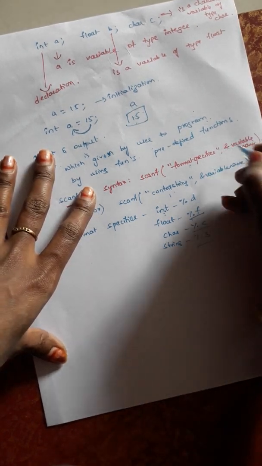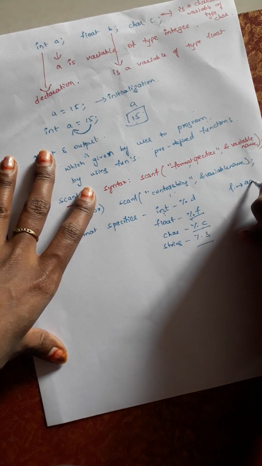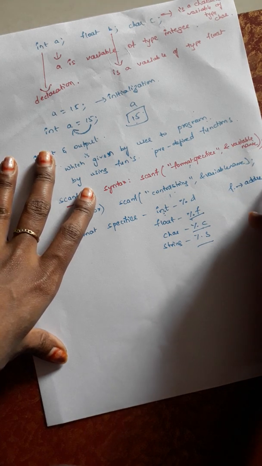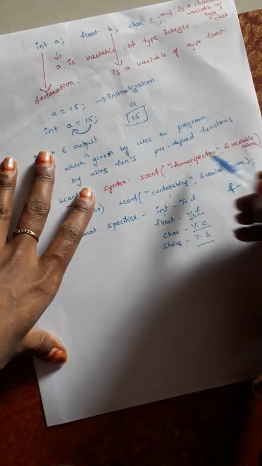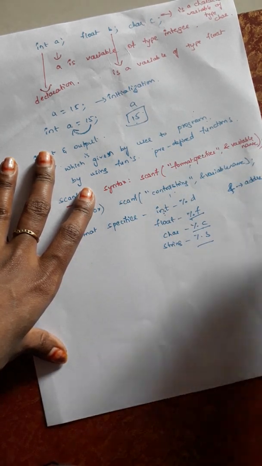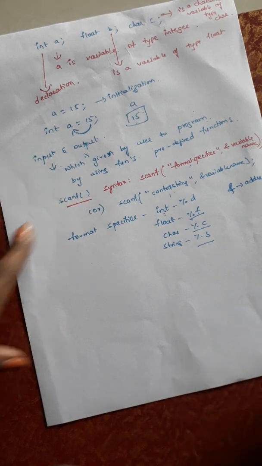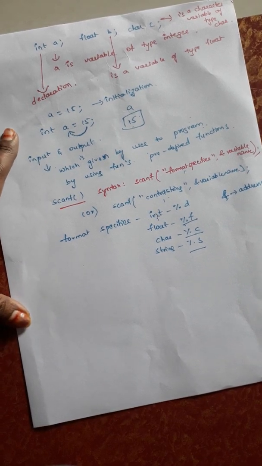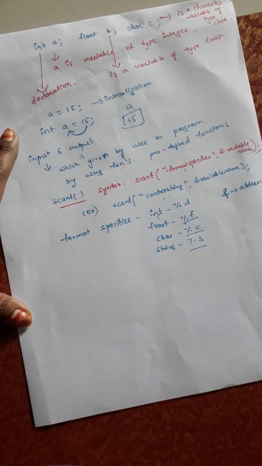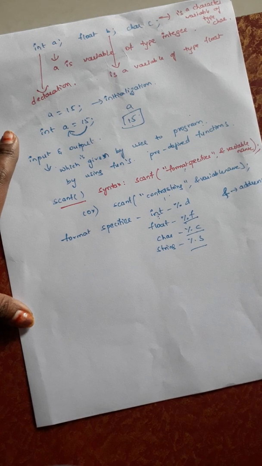And next, the ampersand symbol. This is the address of. What is this? Address of, so where it is located. Without the address we cannot give the value. It does not assign the value. For example, to deliver an SMS, can we deliver a message without a mobile number? No, we must mention the number to deliver a message.